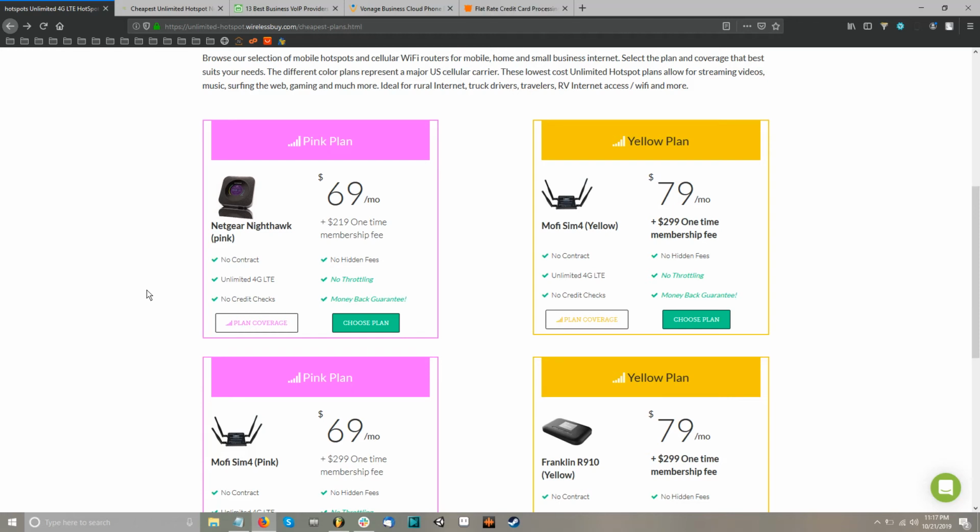And the month-to-month plans, most all of them are no contract. The monthly cost is about $70. So we're talking very cheap. And this is what this essentially is. This is your modem and router. So your modem is what provides the internet, and then your router is what makes it accessible wirelessly. And these are modems and routers in one. So a rose by any other name. I don't know if I used that correctly, but